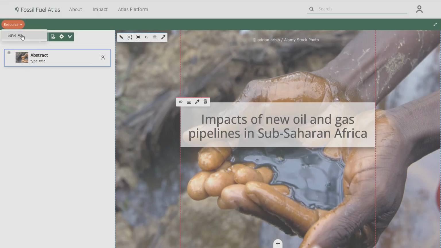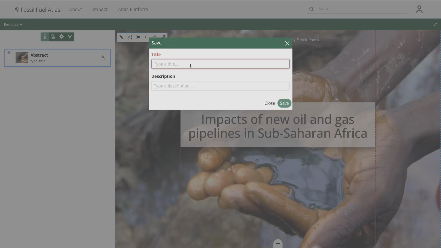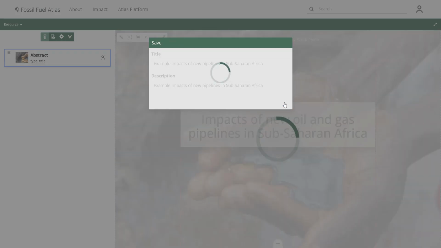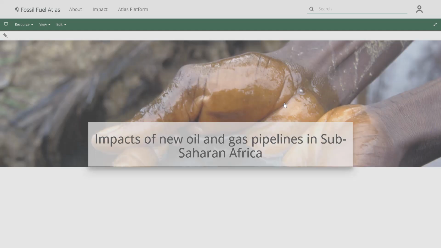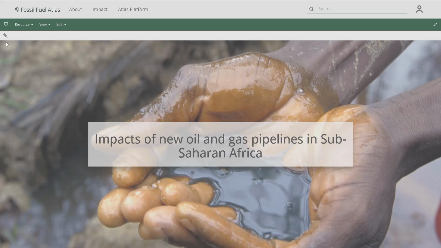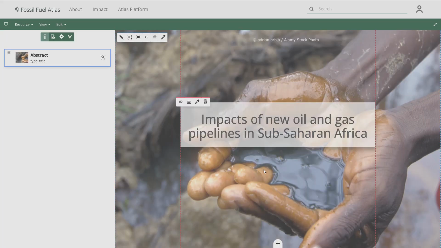Now before we proceed, let's save the file by going to Resource, then Save As, and then let's enter a file name. So we'll call this Example Impacts of New Pipelines in Sub-Saharan Africa. We'll copy this and put it into the description for now, and then we'll save the file. Now that the file is saved, we'll continue editing by clicking again on the pencil icon in